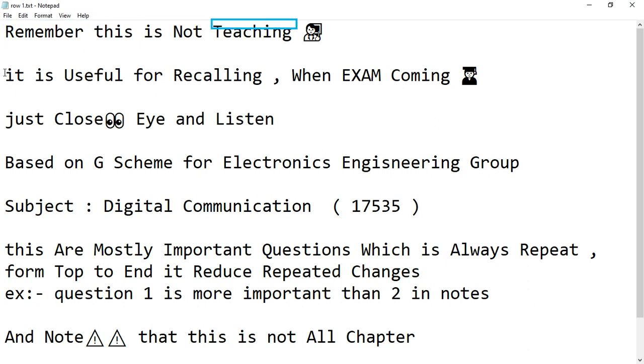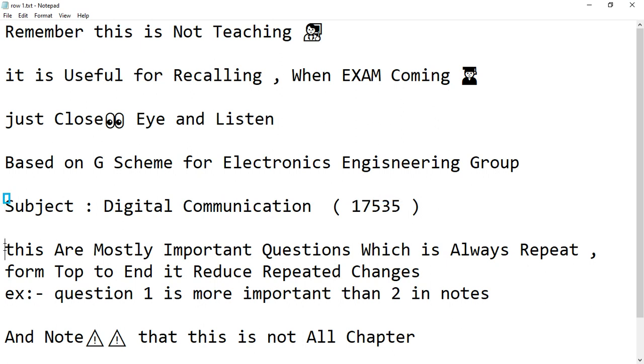Remember, this is not teaching by a teacher. It is useful for recalling when the exam is coming, for students. Just close your eyes and listen. Based on the G scheme for Electronics Engineering Group. Subject: Digital Communication,